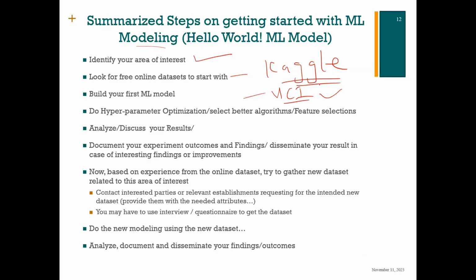One of the advantages of using these data sets is that often, when you have a data set from these sources, they will mention if there is any work that has been done in that area earlier. They will list the papers that have been published related to those data sets. So you can easily find a particular work that you want to build upon, or at least have an idea of what they have achieved before. It's very important in this area, irrespective of your background, whether you are a researcher or a practitioner in industry, it's always good to see what has been done before with the data set that you have gotten.